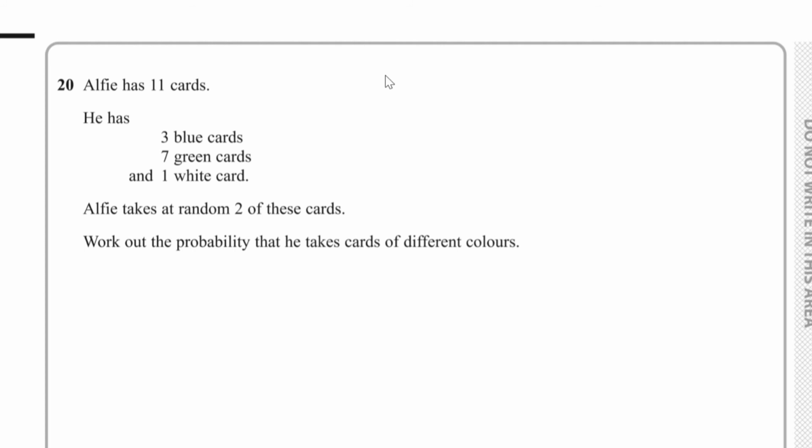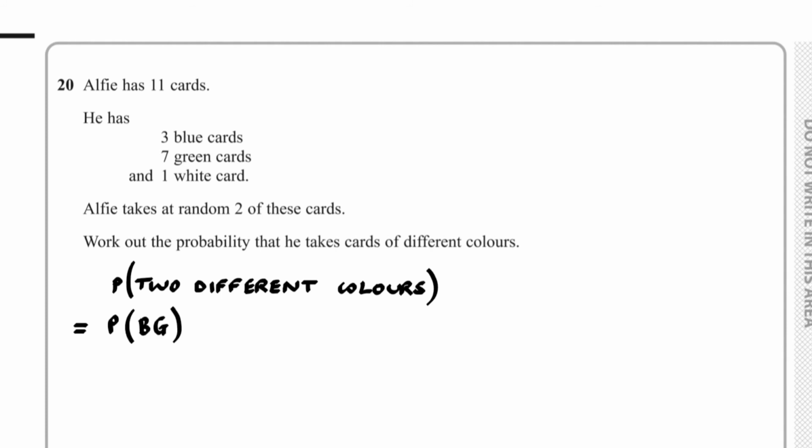Question number 20. Alfie has 11 cards. He has 3 blue cards, 7 green cards and 1 white card. Alfie takes at random 2 of these cards. We have to work out the probability that he takes cards of different colours. So probability of 2 different colours, well, we could have blue and green, then blue and white, or we could